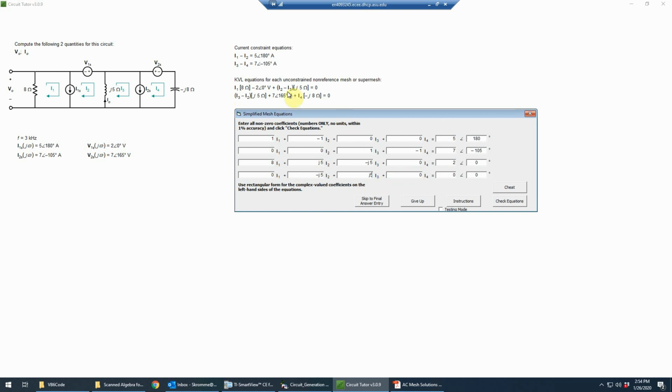And then I4 has a coefficient, just the one term here, of minus J8. And then this constant we'll subtract from both sides. So, in order to do that, remember that I cannot put a negative sign out here. There's no place to put a negative sign. So in order to make this negative, I have to subtract 180 degrees from this phase angle. So I'm going to actually enter that as